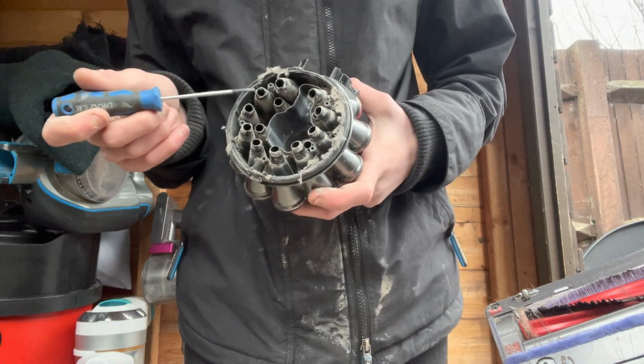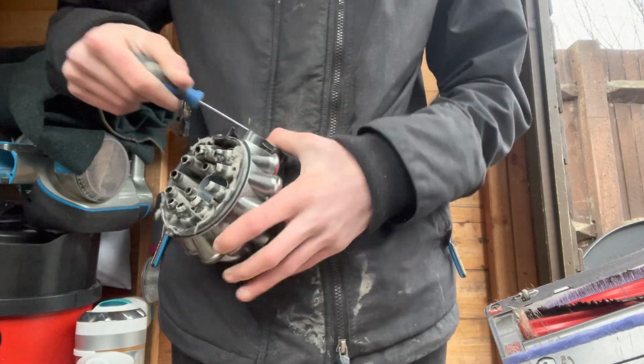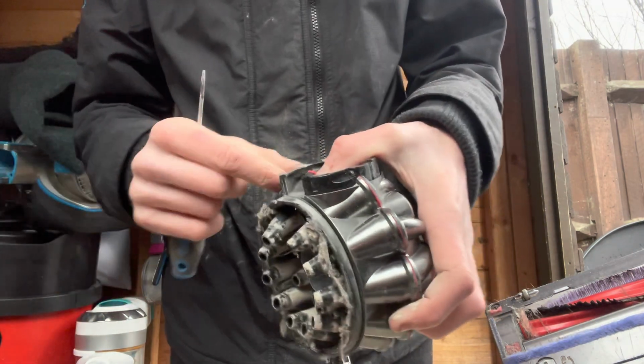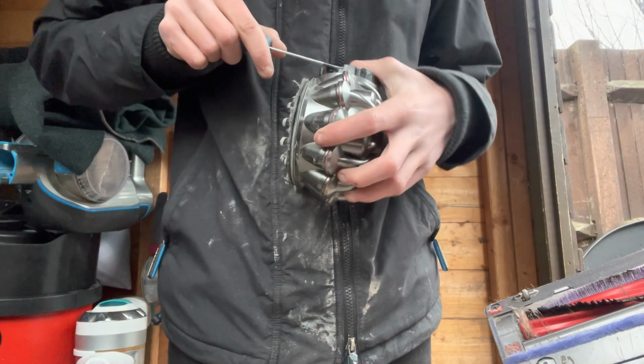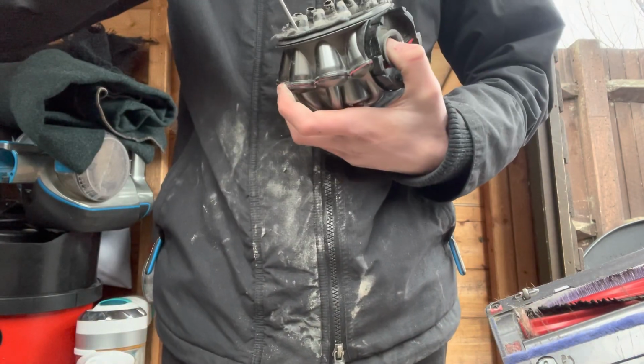After every 2 cyclones, just before your 3rd one, you'll have a screw inside. So if you just take those out, just got to realise is when you put them together, there's a different size for just the back, which are the small ones, but they're the only different size. So if you just take all these screws out,